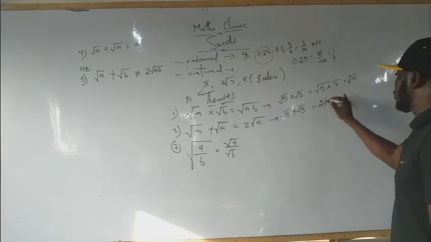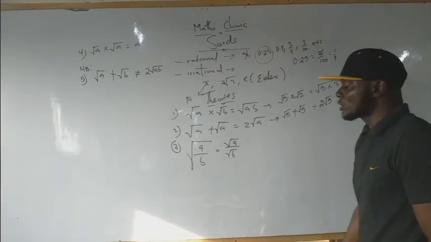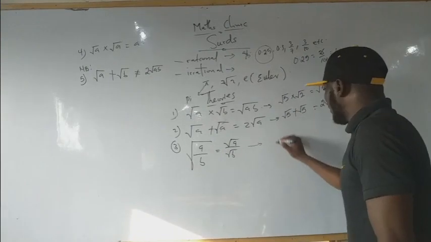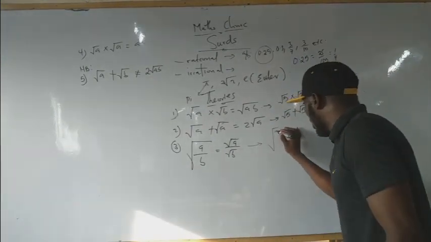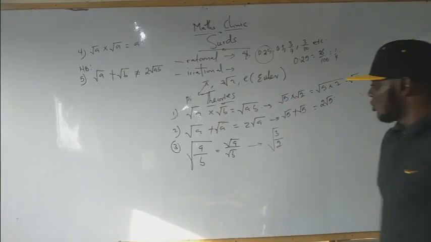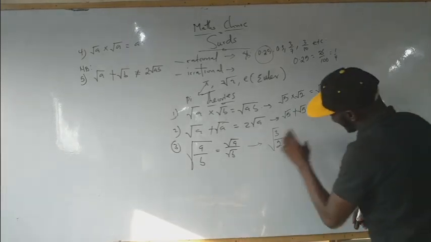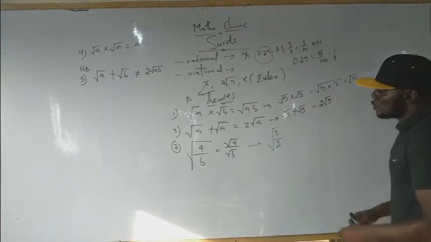This will give you 2 root 5. Take note. And likewise, when you have something like root 3 over 2, you can see that